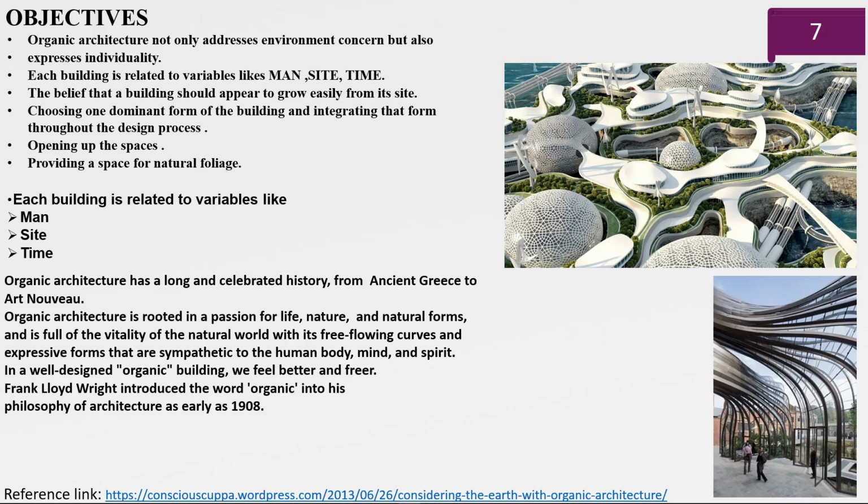The objective of organic architecture is not only to address environmental concerns, but also to express individuality, which means it's all about us as designers expressing ourselves the way we want by using nature. Each building is related to different ideas, methods and concepts like time, site, man, function. One of the most important things is opening up spaces in the design, providing space for natural